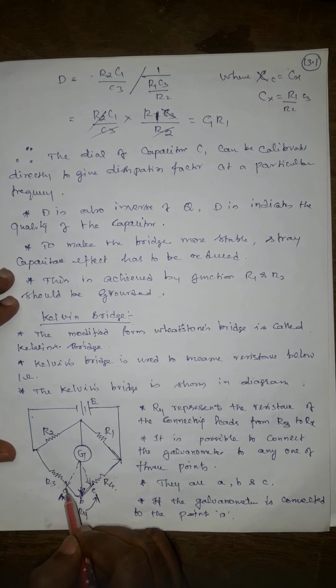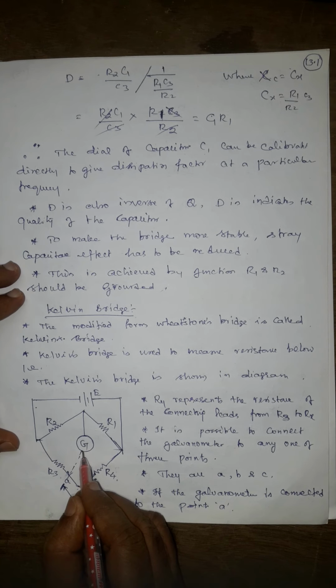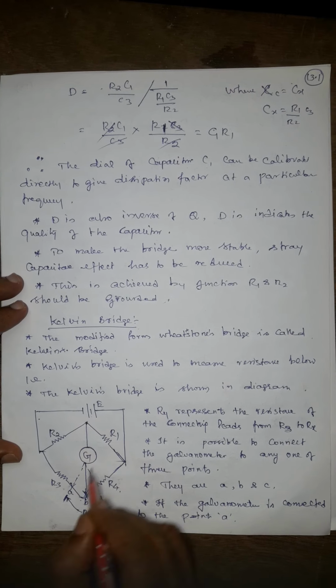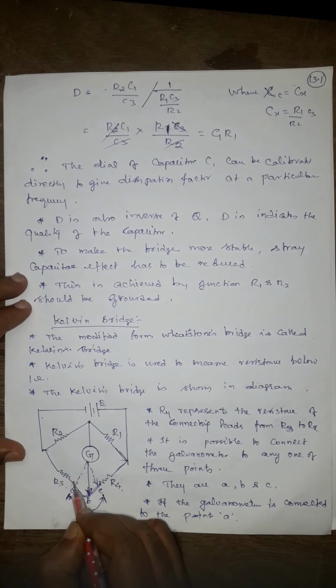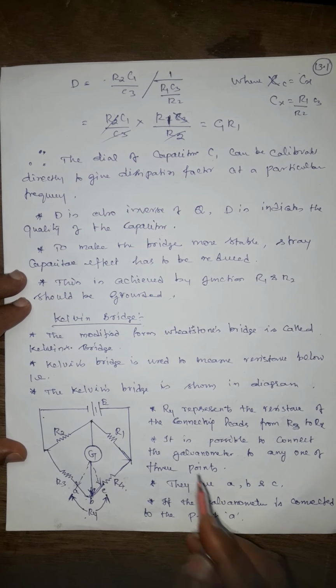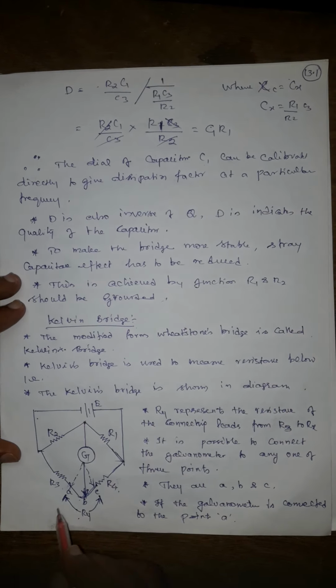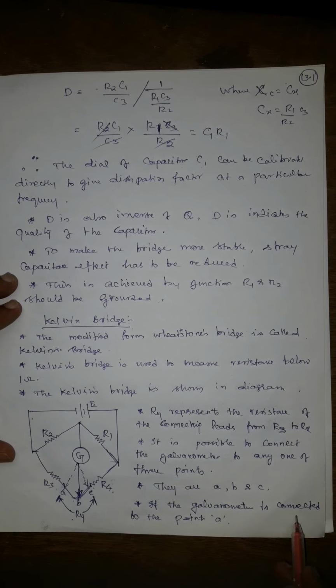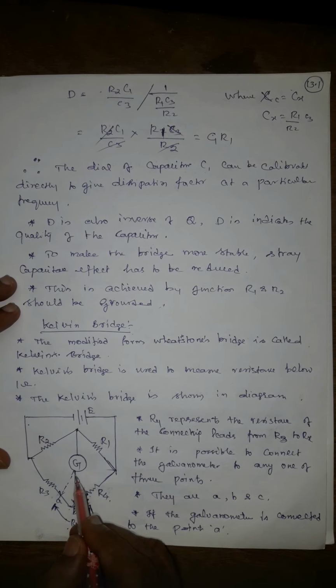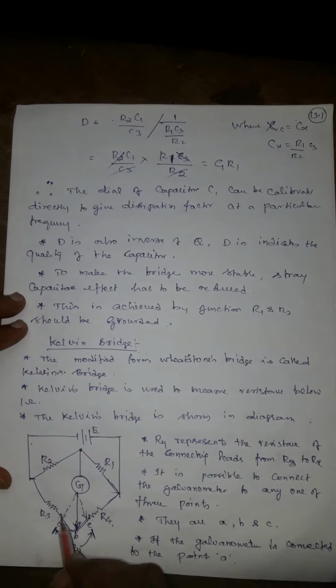We can connect the galvanometer at 3 different points. One point is connected here, another point may be connected at A or B or C. It is possible to connect the galvanometer to any one of the 3 points. They are A, B, C. Suppose the galvanometer is connected at point A,